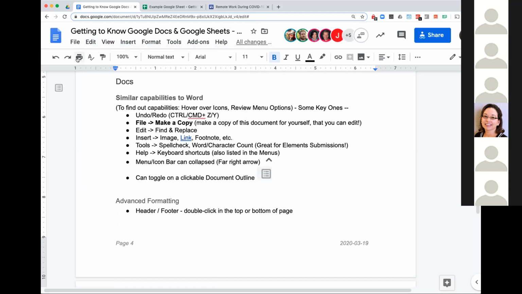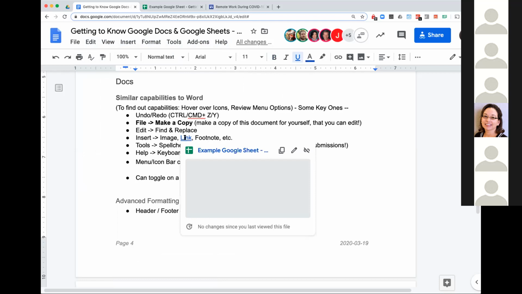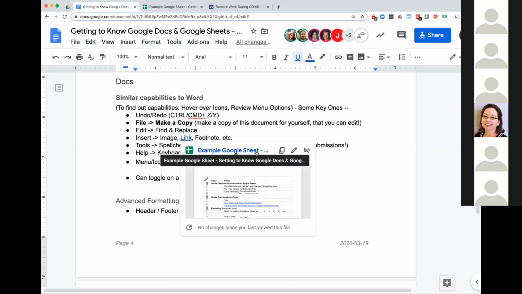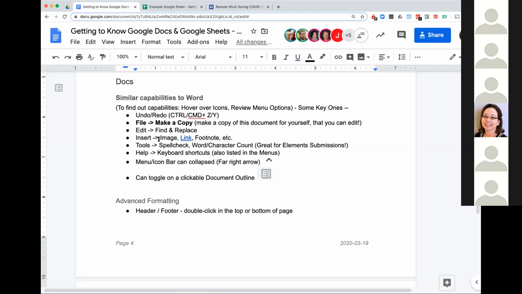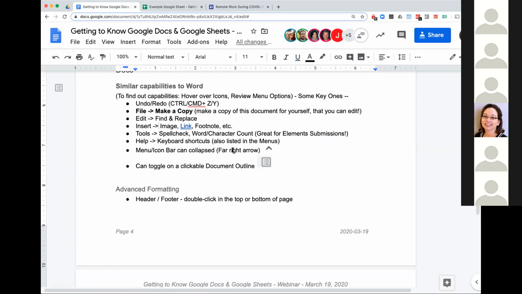The icons, if you hover over them, will tell you not only what they do, but also what the hotkey is for them, if that's available. I find that the best way to learn a new product is to ask, what does it do? What are the options available to me? You can insert images, you can insert links, footnotes, that sort of thing, as you'd expect. One thing that's cool about the links is if you click on it, it not only shows you the name of the link if that's available, but also a little preview. It basically shows, did I get the link right, so you don't have to click on it and make sure. It's a nice little shortcut.